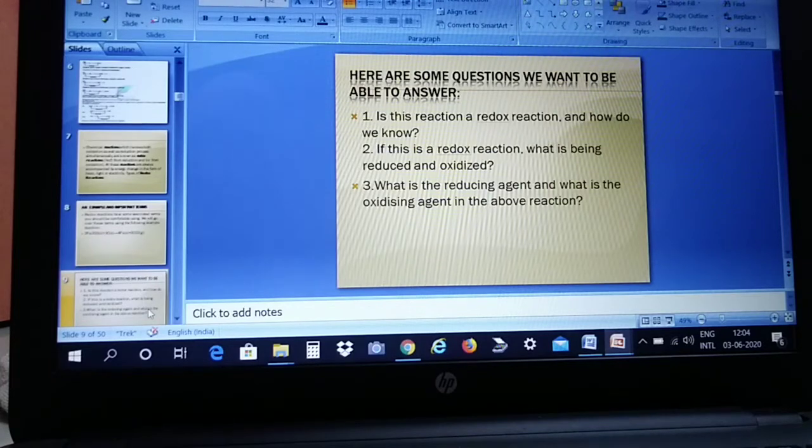Is this reaction a redox reaction, and how do we know if this is a redox reaction? What is being reduced and oxidized? What is a reducing agent and what is the oxidizing agent in the above reaction? Because you know in terms of loss or gain of hydrogen, but when there's only a transfer of,